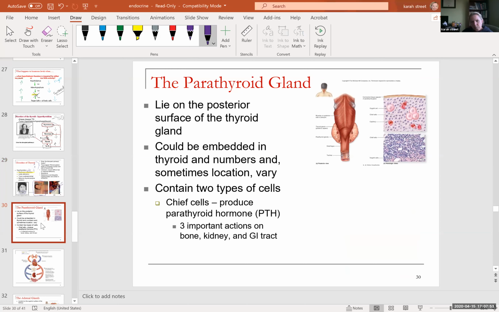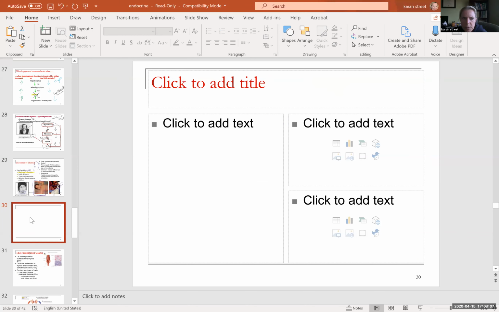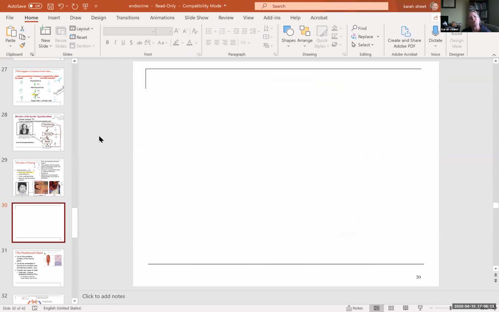Now, you've learned the rules for the HPT axis. And I am here to tell you that once you know the rules for the HPT axis, you know the rules for the HPA and HPG. Yes, you do. How many of my ladies out there are on birth control pills? Well, let's talk about birth control pills. Yeah, some of you raised your hand. Okay. Guess what? Birth control pills